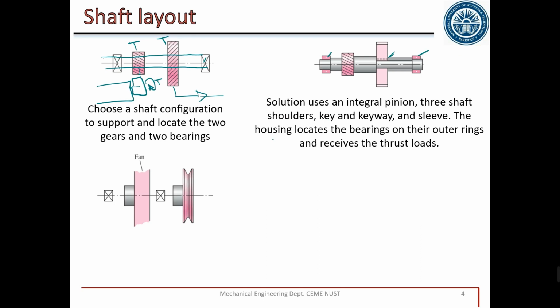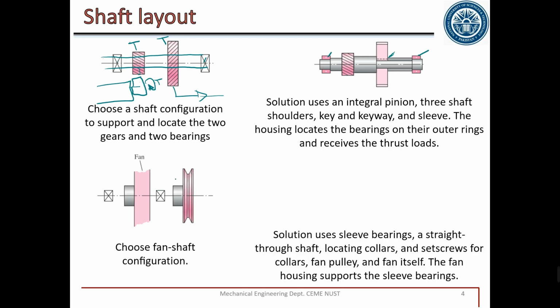The second option is we have a fan and we have a pulley. From this pulley, we need to rotate this fan. What do we do? One possibility is, as usually the fan and pulleys are at low RPM, instead of using keys, we can use a set screw. Here, this screw. There is a pulley. There is a belt.